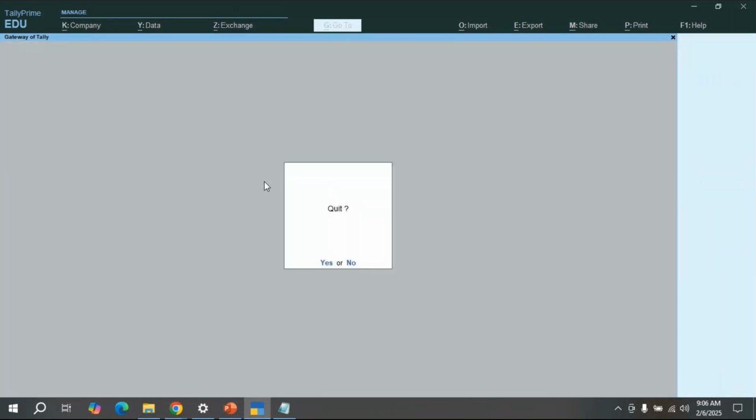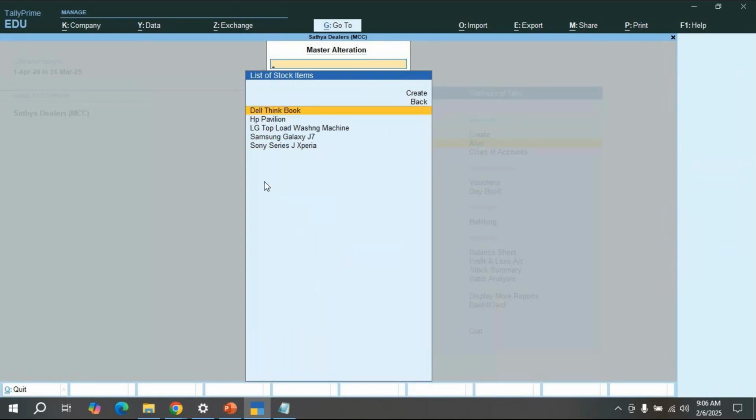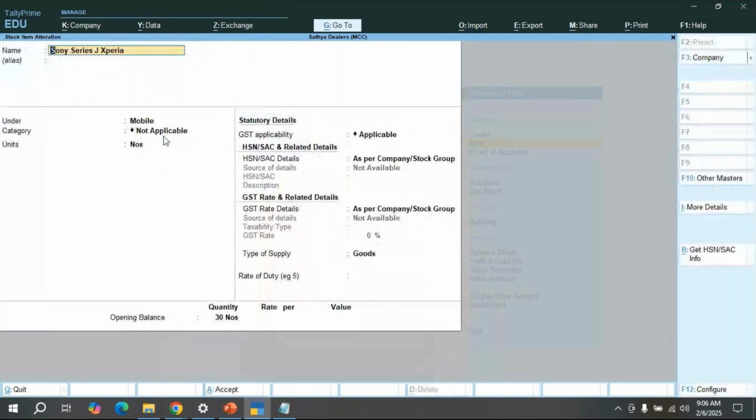Escape all the details. Go to alter, stock item, Sony series. See here, we didn't mention any category, anything. That's why it's not going to display. Okay, so that is the details, that's why it's not going to display the category. And one more option, we didn't purchase directly, we gave the quantity, all these options we gave. Okay, see,